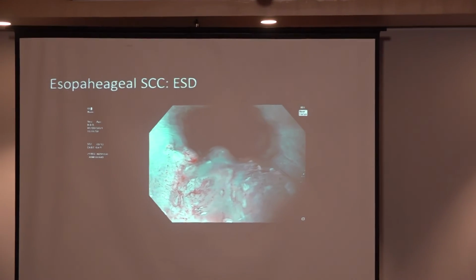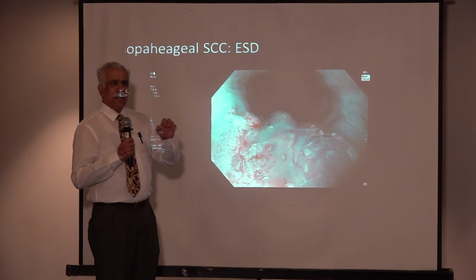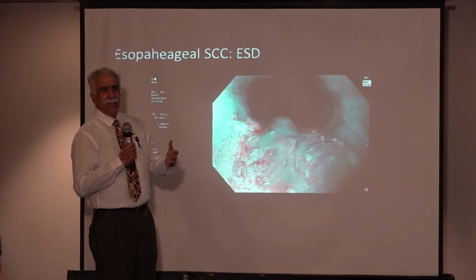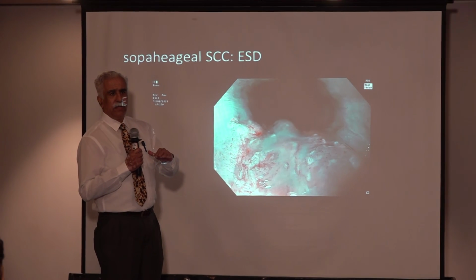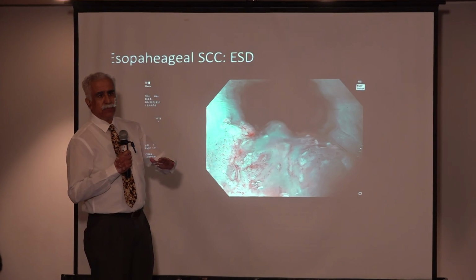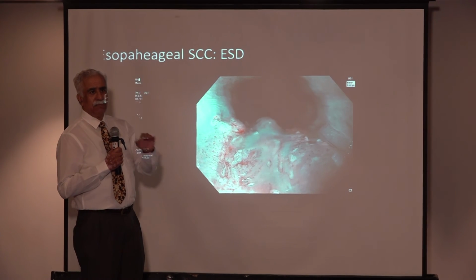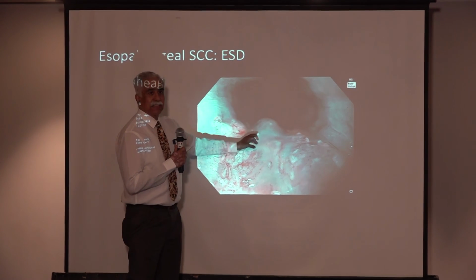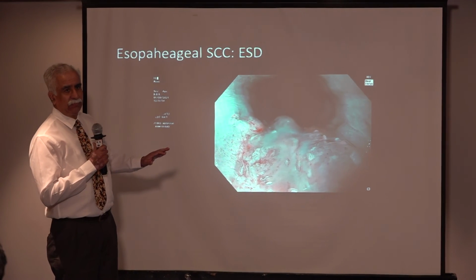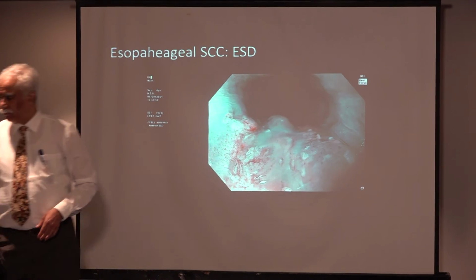I have a bigger video. So remember, whatever your NBI and Paris classification tells you, it tells you a lot. If you have nodular areas, everything is good when you're talking about 0-IIa, IIb, flat lesions. The moment you have some depressed area, you should be suspicious that there is something more aggressive. And if you have nodular areas coming up like that, certainly you should be very, very careful before you embark on any kind of ESD or whatever. So basically, the biopsy was taken outside, and that